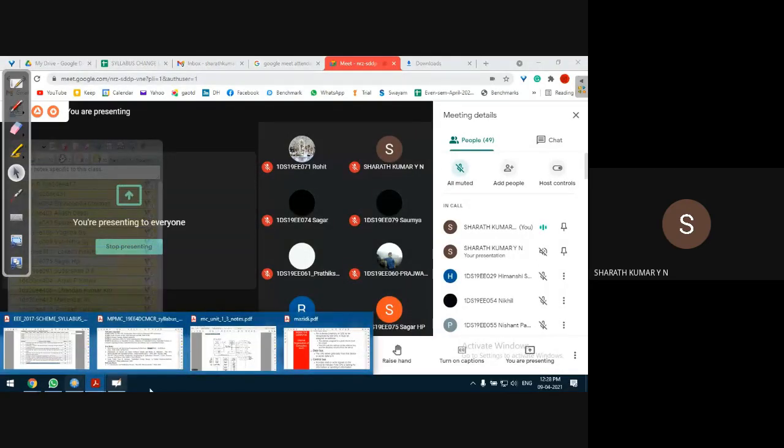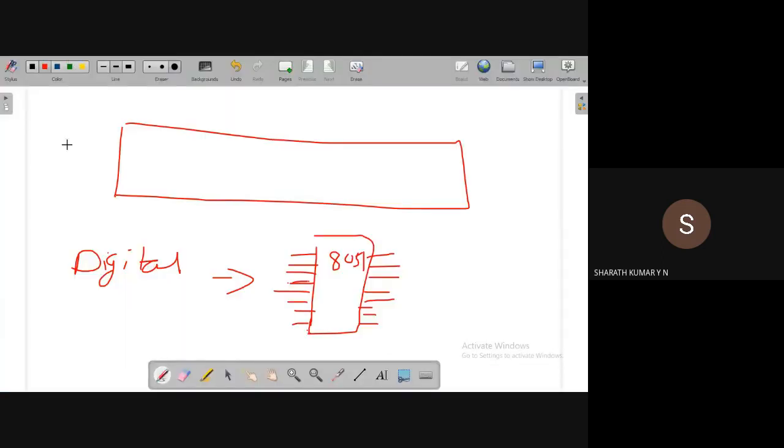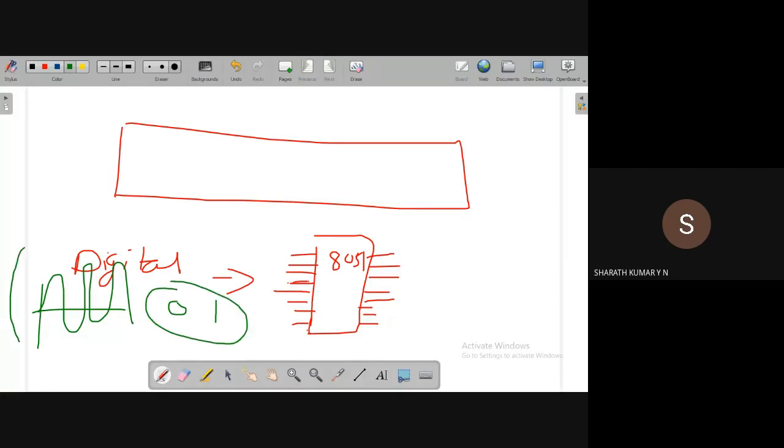When we say digital values, it is zeros and ones. What we have understood in our 8086 course, it will take only zeros and ones. It cannot accept any continuous signal like this. It cannot take an analog signal. It has to be a digital signal. What if the external signal is analog in nature? It has to be converted into digital using an A to D converter, analog to digital converter, which we are going to discuss in our course.